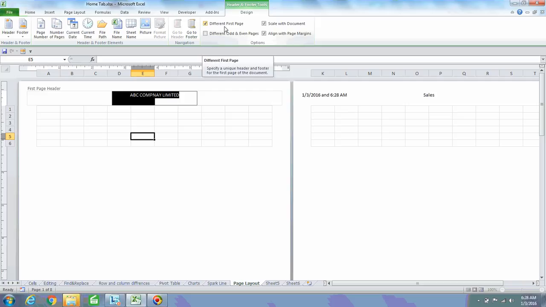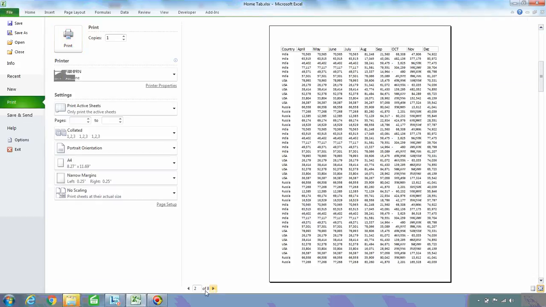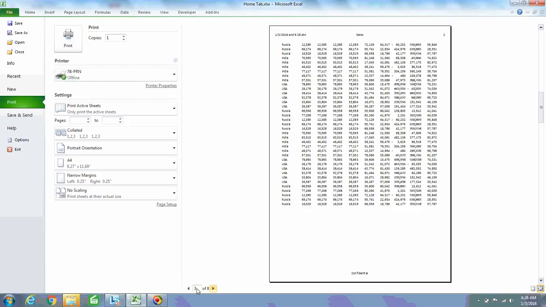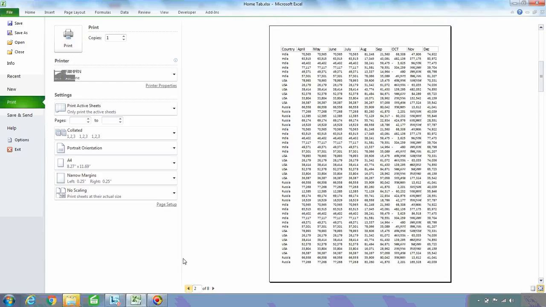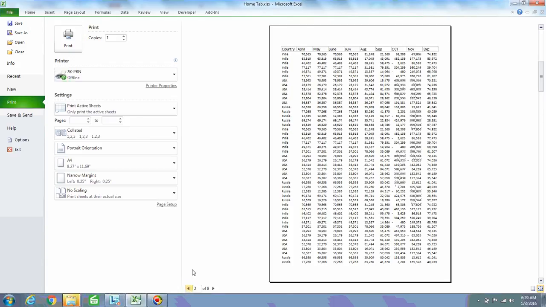Now, different from first page, which you have already observed, there are different odd and even pages. If you want to differentiate odd and even page numbers, you can also do that. See, now if you go to the next page, your odd page is different. See, my odd number, the first number is 1, your odd number will not show anything, your even number is getting shown with the name. Now if you want to show it on the first page, what you have to do is you have to start